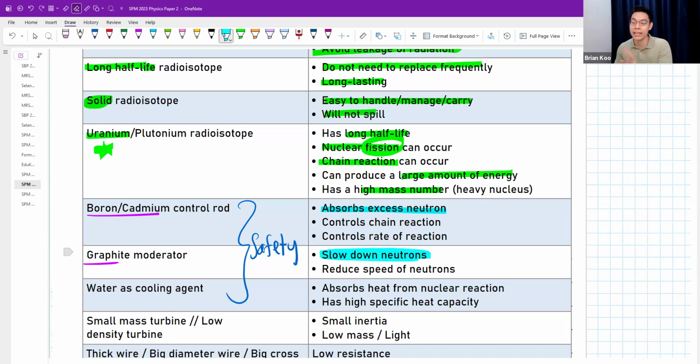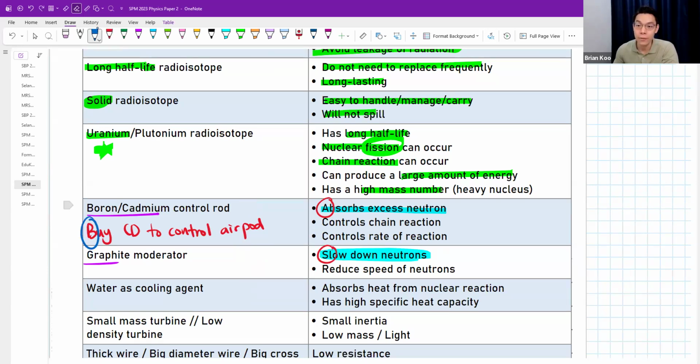For my students, particularly that year, they were very happy because I taught them how to remember. I always say, boron cadmium control rod is to absorb. Graphite moderator is to slow down. People always mix up these two. If you change the position then wrong already. I tell them, you buy CD to control AirPods. I know it sounds funny and it doesn't make sense,